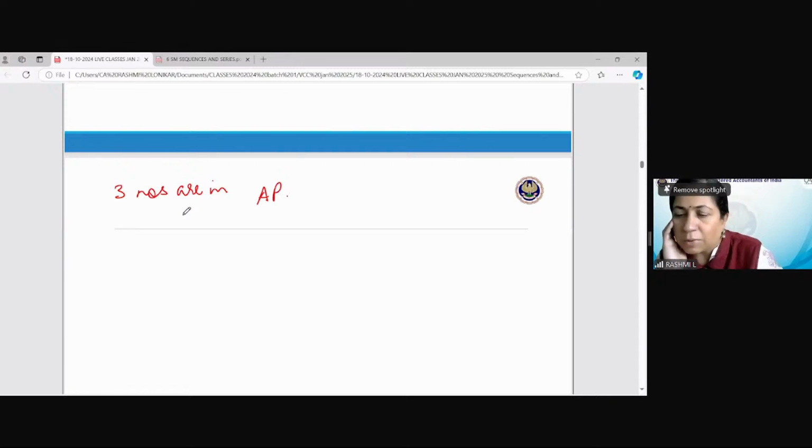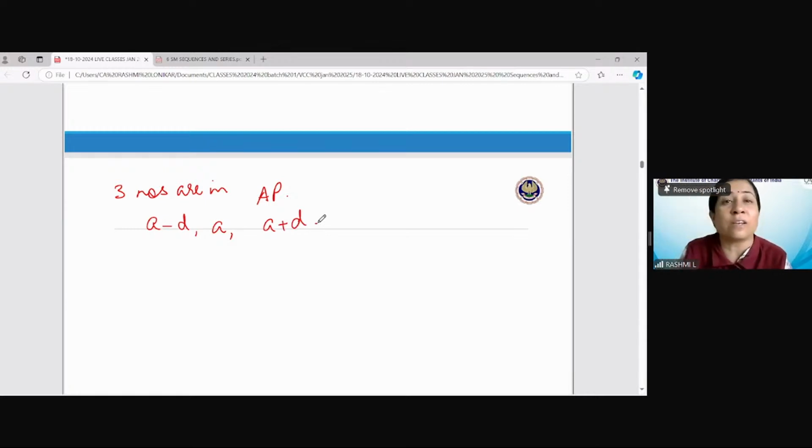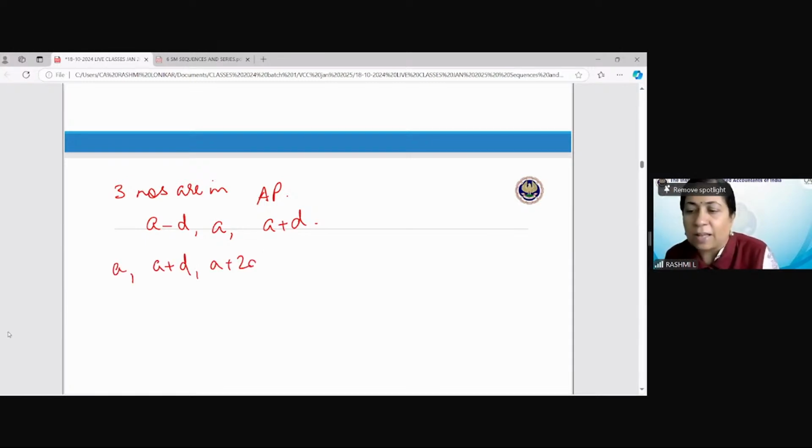okay, 3 numbers are in AP, so you usually take a minus d, a, a plus d. So why do we do that? That is for ease of calculation. This is a shortcut. You could also take a, a plus d, a plus 2d in it,